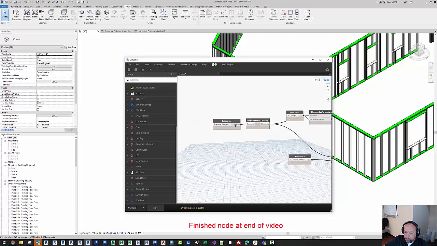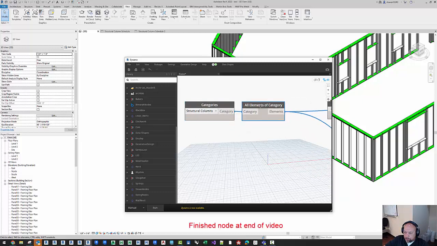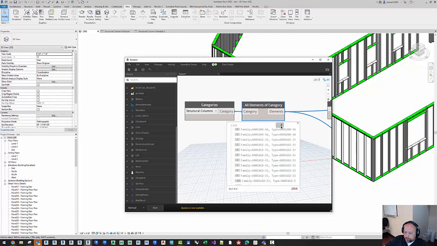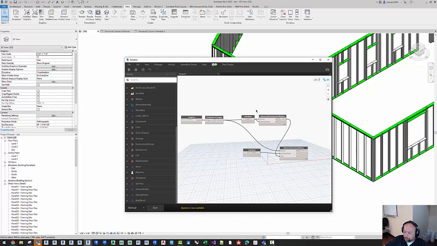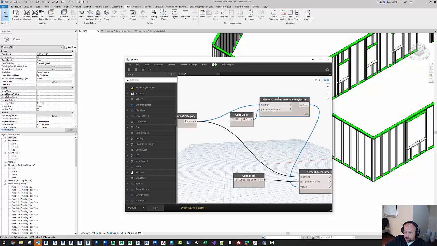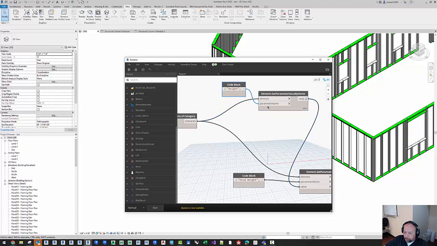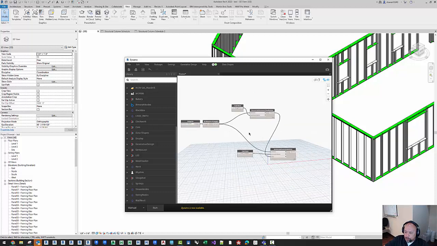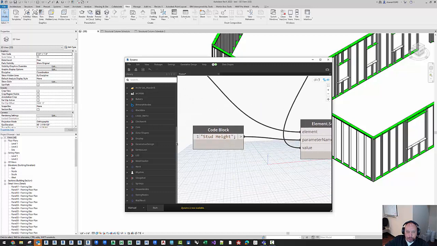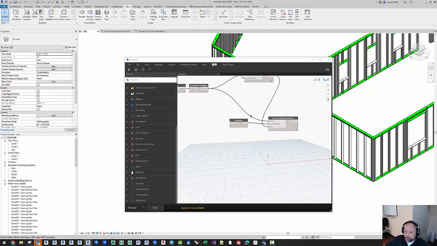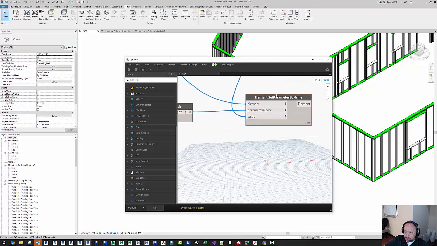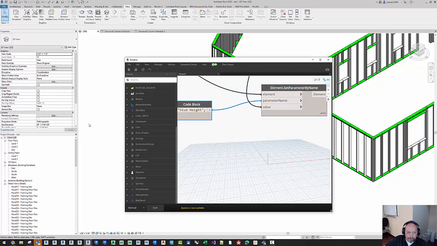Dynamo script that's going to grab all the structural columns. So here it has all the columns of the project. And so what I'm looking for is that height parameter that I put in there. So it's going to give me the height of every stud in the project. What I've done with that is I've actually put it into a new parameter where I created that stud height. And so it's just going to fill in,